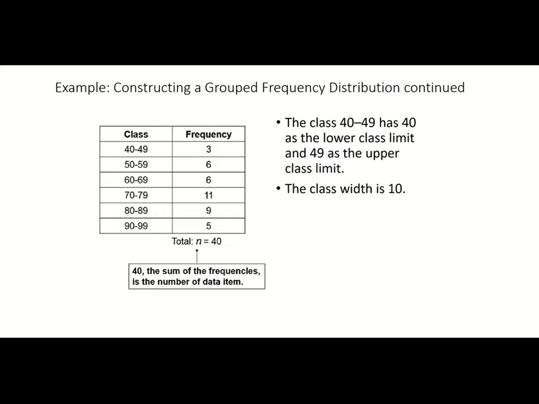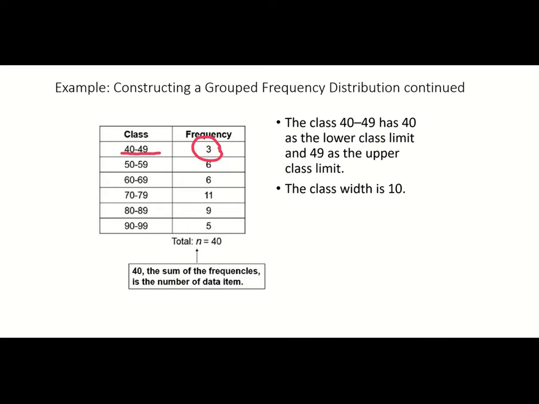Right, and here you can see they took all the scores and they grouped them. There were 3 scores that were in the 40s. You had 6 in the 50s, 6 in the 60s, 11 in the 70s, 9 in the 80s, and 5 in the 90s. Now, when we look at this, 40 to 49, you have 10